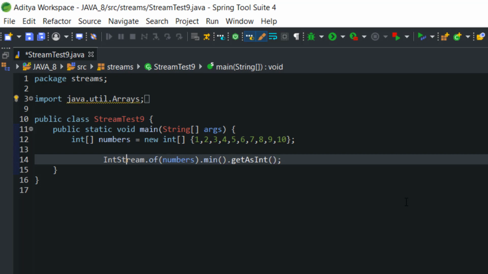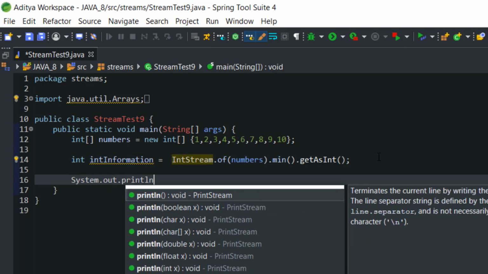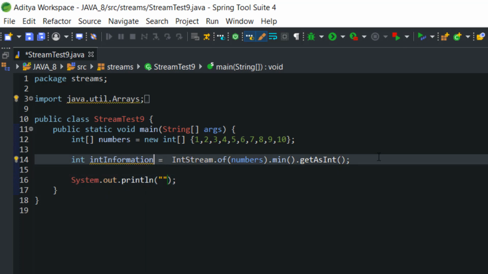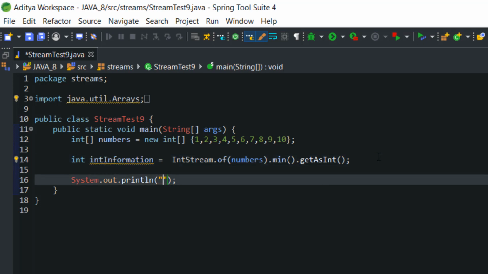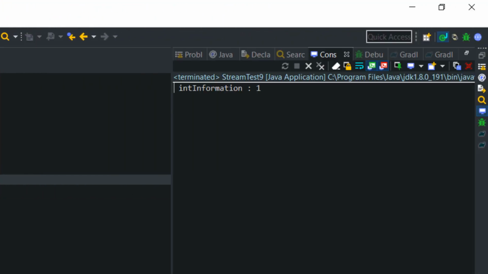Now let's save this processed data to a reference. Let's execute the code to see our answer. The minimum data from that array came as 1.